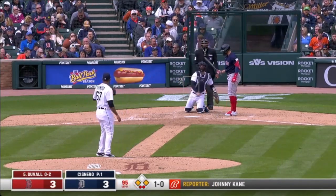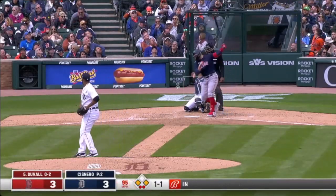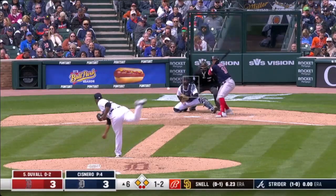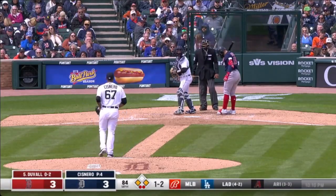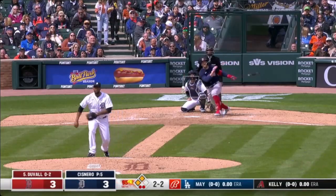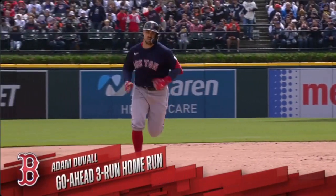In there for a strike, and it's 1-1. How hot has... fouls it back. It's 1-2. Two strikes here. Will they? Runner on the move again. No throw down. It's 2-2 to Duvall. He hits it too. Duvall field. Green going after it, and that ball's out. 3-run shot, and Boston has...